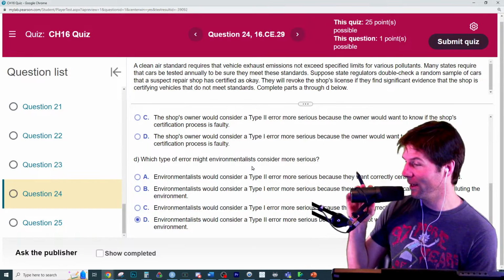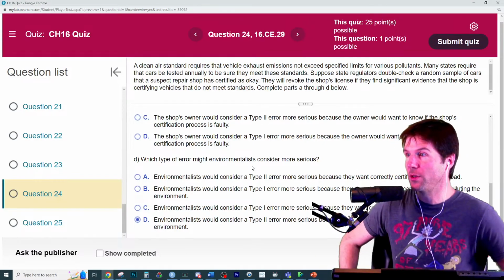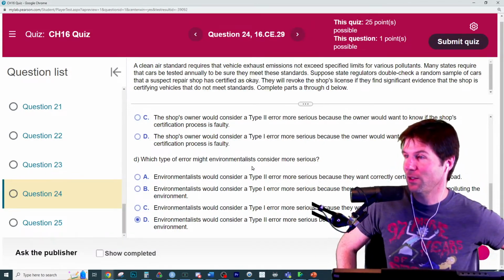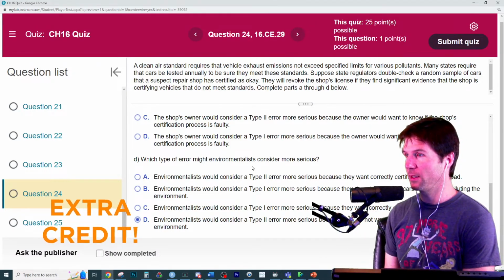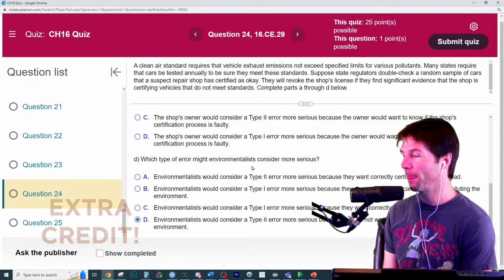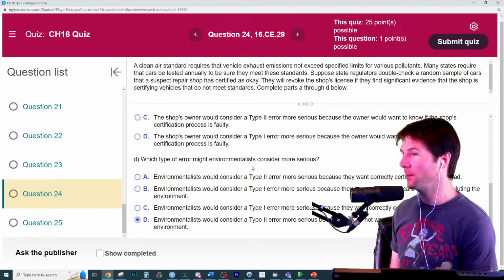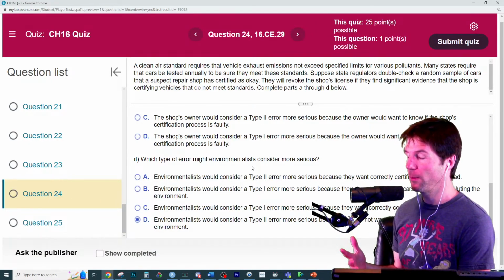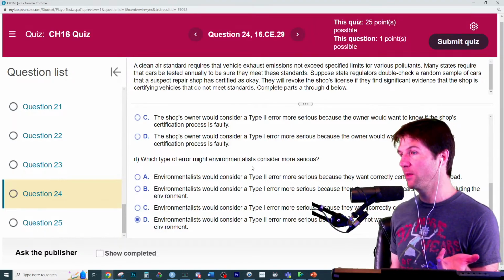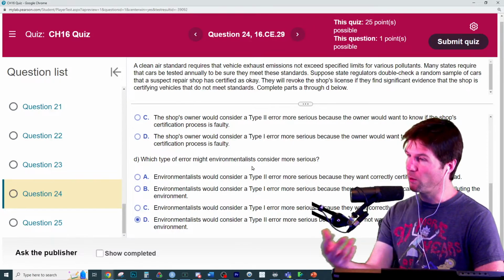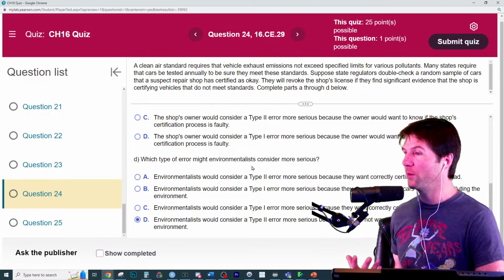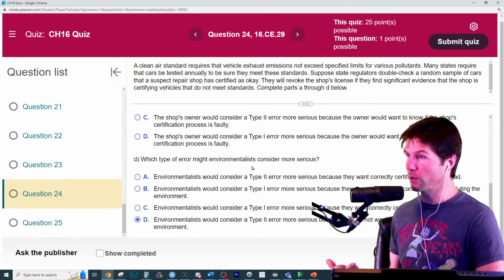I think in general, type 2, no, there's no in general. Good question, Jared, Jackson. Really, 100 points right there for asking. It's not that type 2 is worse. Type 1, type 2, it's all context. It's which one is worse. It's 100% context, because one's going to be a false positive, one's going to be a false negative. So which one is worse: to get a false positive, when you think you have results when you don't, or a false negative, to not find results when results do exist?